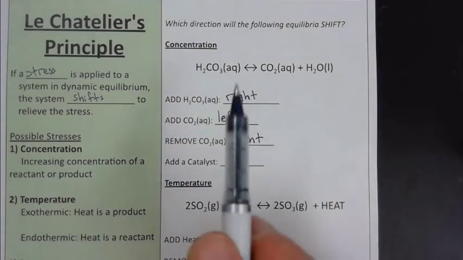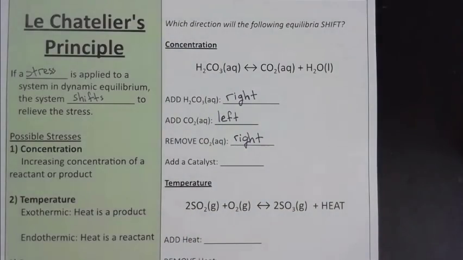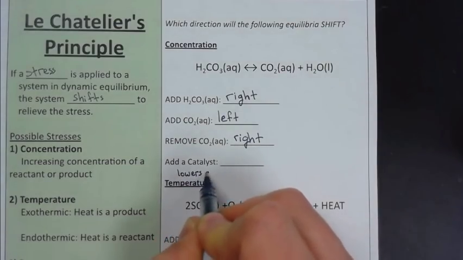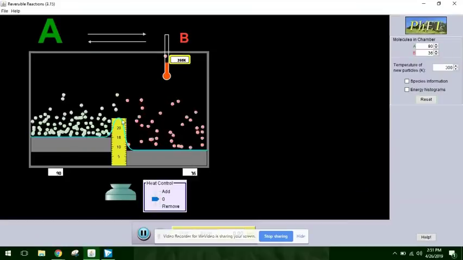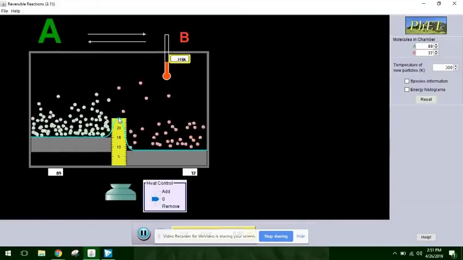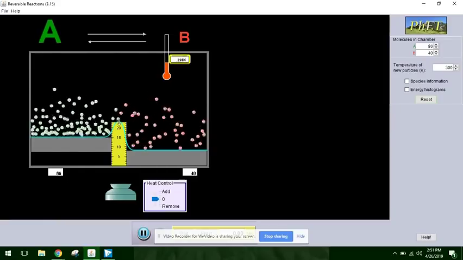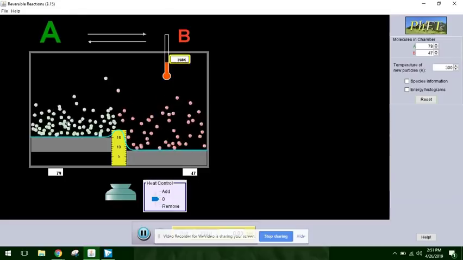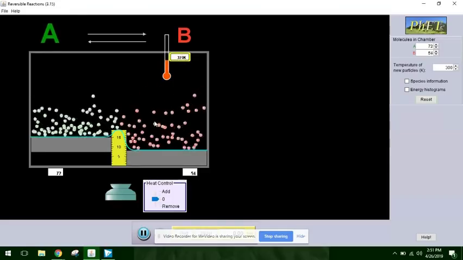Right? And then if I throw a catalyst in there, we notice that the catalyst isn't actually included anywhere in the equilibrium. And we said that a catalyst lowers the activation energy. Well, if we lower the activation energy, this energy diagram, that yellow ruler in the middle is our activation energy. So if I lower the amount of energy here, the rate of the forward reaction picks up. So a catalyst is speeding up the reaction, but